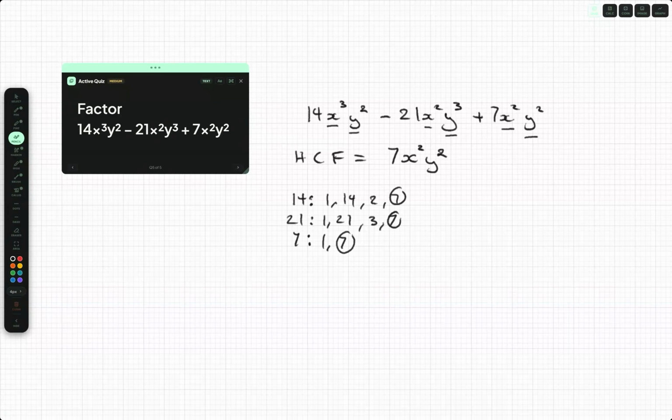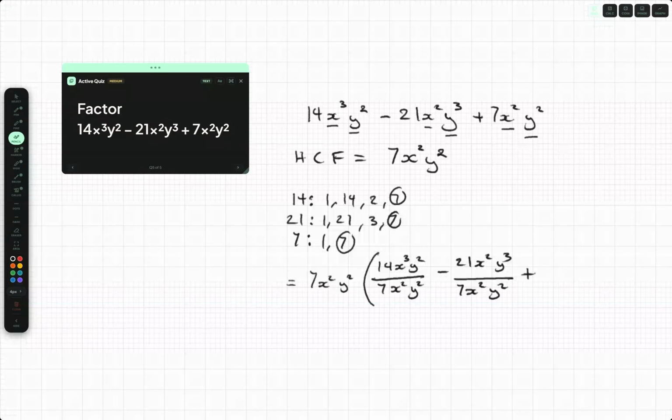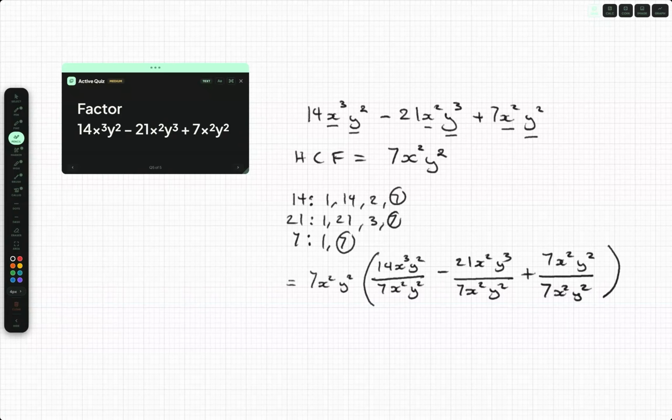Now we need to divide each term by that in order to solve. So we can rewrite the entire expression as 7x squared y squared into 14x to the power of 3 y to the power of 2 divided by 7x to the power of 2 y to the power of 2, minus 21x to the power of 2 y to the power of 3 all over 7x to the power of 2 y to the power of 2, and plus 7x to the power of 2 y to the power of 2 divided by 7x to the 2 y to the power of 2. Okay,